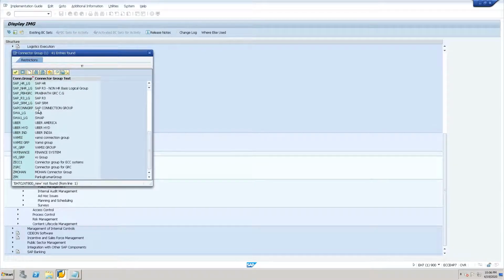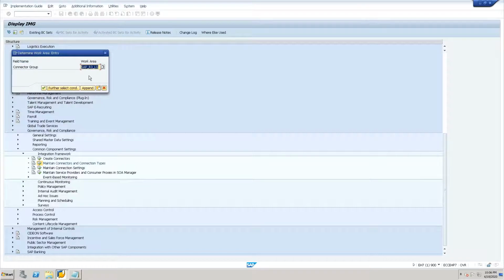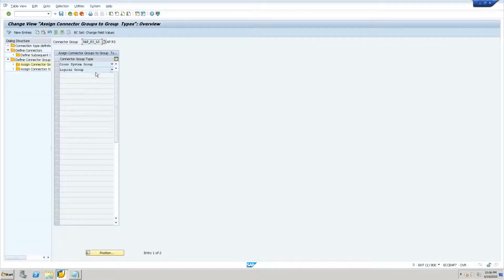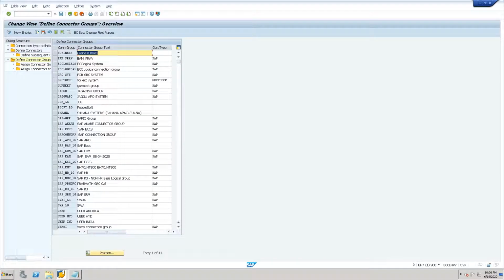So let us put this SAP R3. I have taken this connector group SAP R3. And see over here, then go to this one. This is the connector group. We have several connector groups that have been created so far.